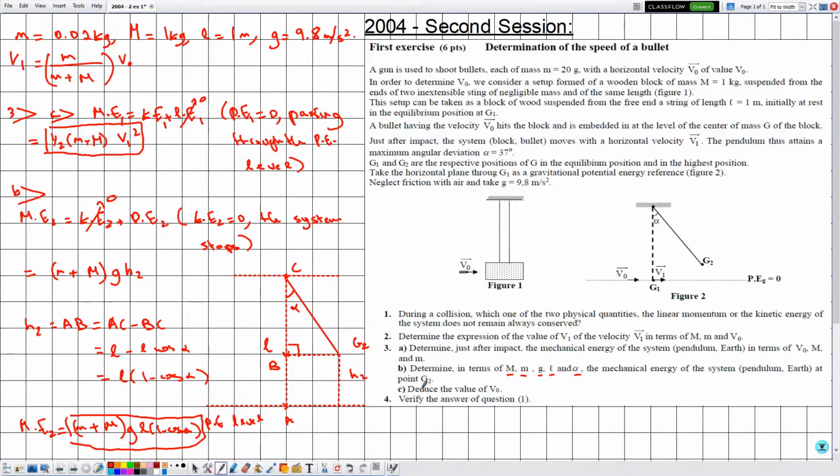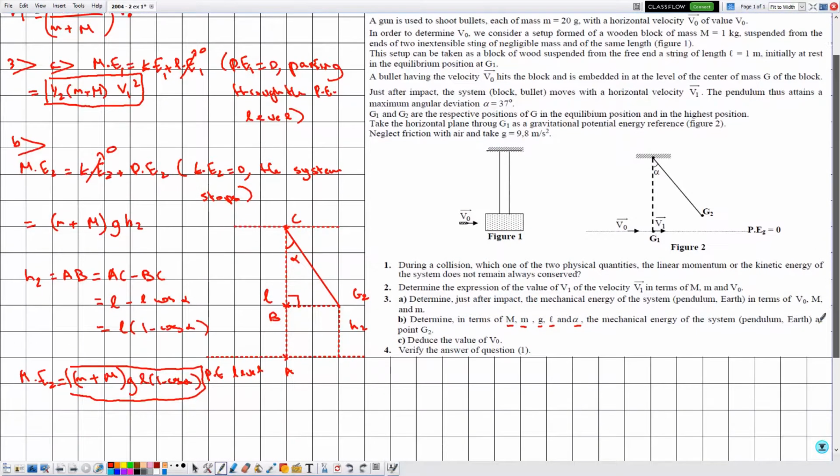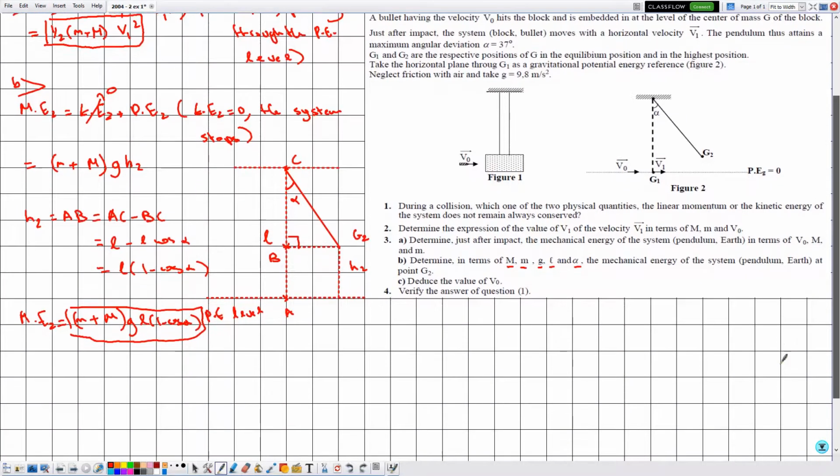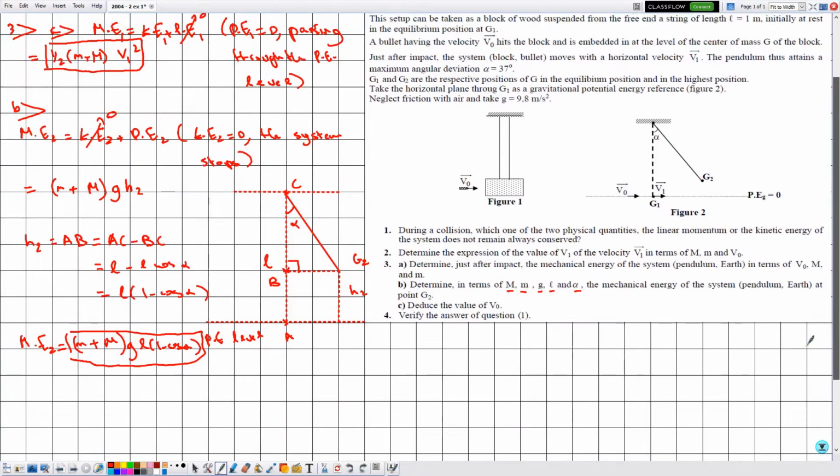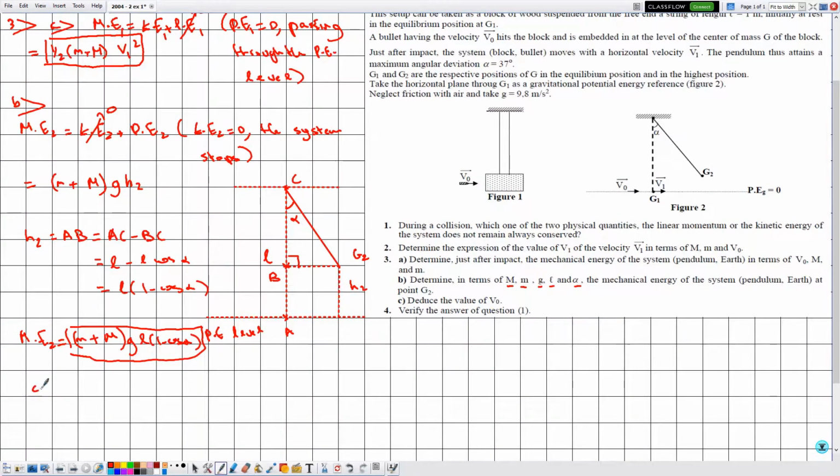Now in part C, they are telling us to deduce the value of V0, and by deduce it means that we use the previous parts. In the previous parts, we have determined the mechanical energy of the system block-bullet at 2 different instants, given by 1 and 2. So here we need to deduce the value of V0 by simply using the conservation of energy. So here let me say, since there is no friction,